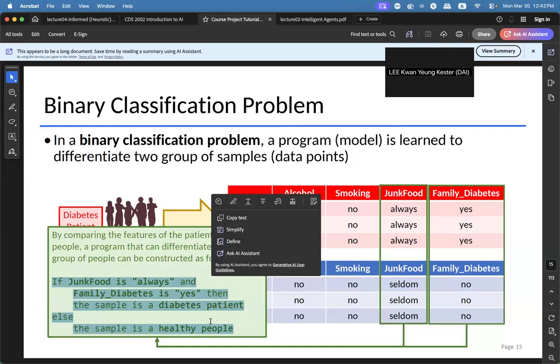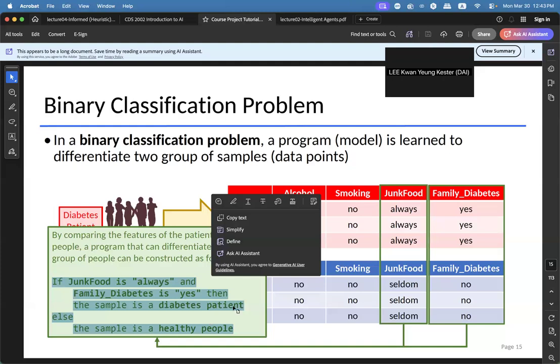Okay, so after the computer uses its algorithm to identify which features are vastly different in values between these two groups, it will construct a program that makes use of the properties of these two features to differentiate diabetes patients from the healthy people.